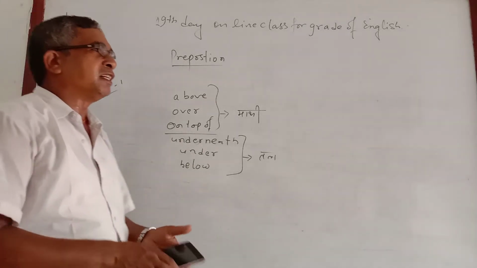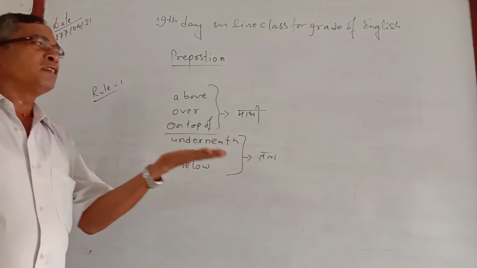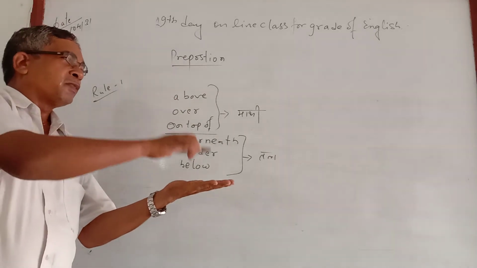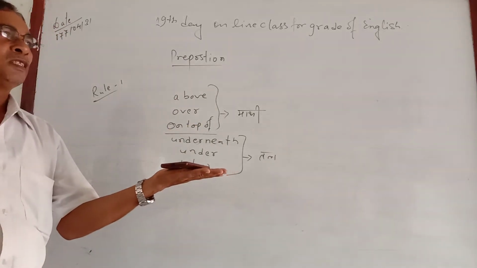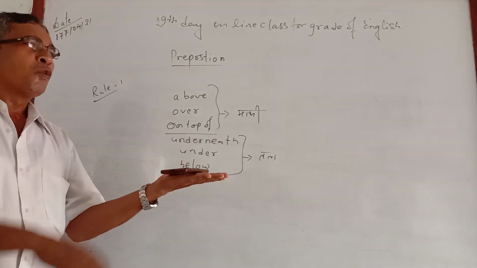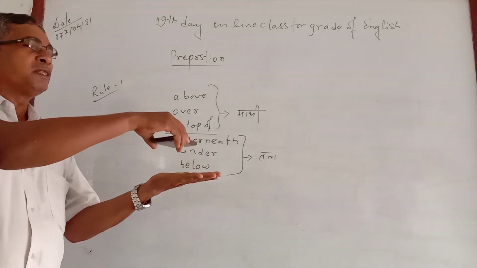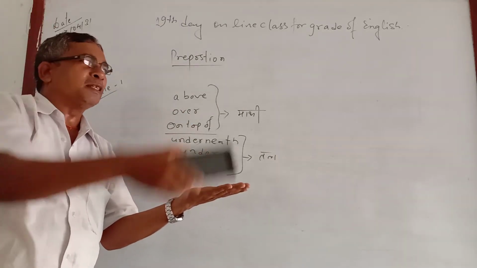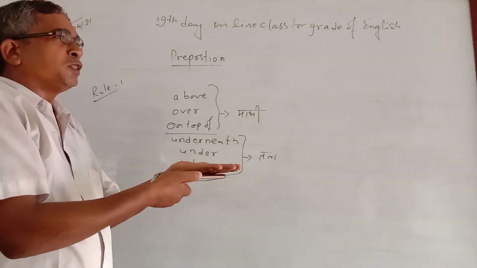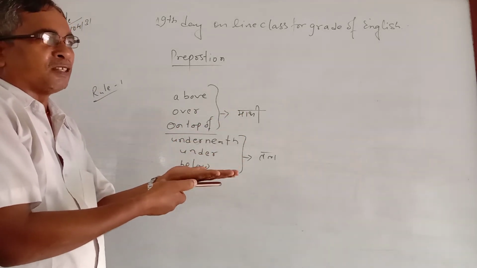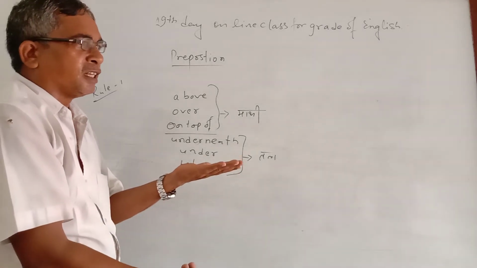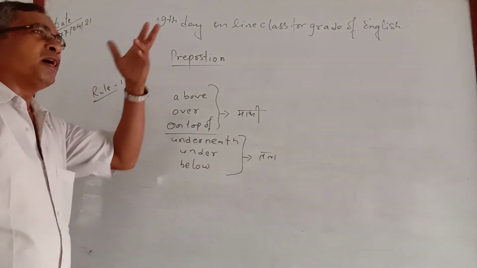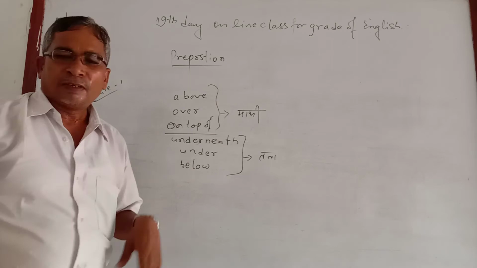For example, as you see here, suppose this is a base, though it is my hand, but you can take it as a base. Here, see, this mobile is on my palm. This is also called mathi. When I release it from the base, this is also called mathi. If you go a little bit higher, this is also mathi. Similarly, this is the base. Under it, the mobile is touching the base, this is called tala. If I release it from here, this is also tala. And if you go more down, that is also tala. It means there is a difference between mathi and tala. The location is different.